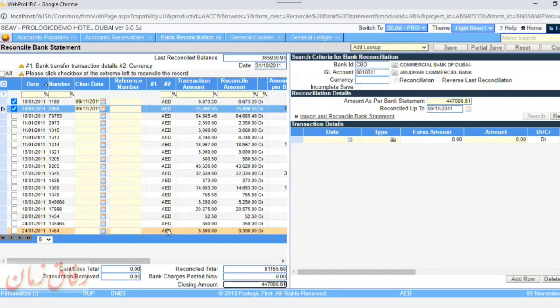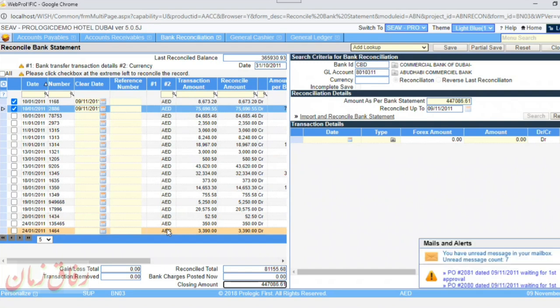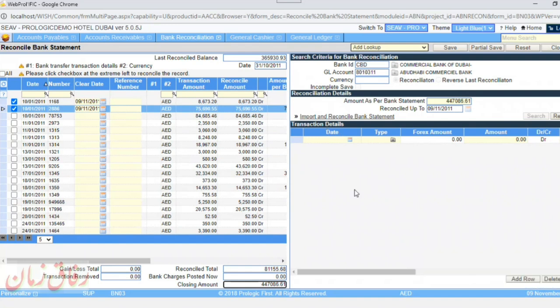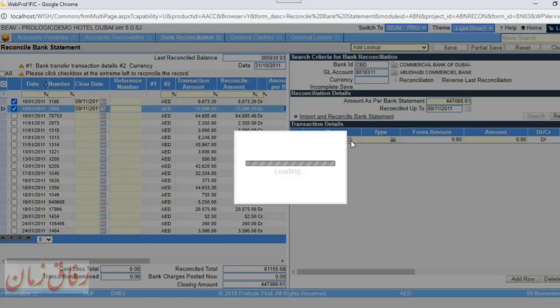So bank charges, there are two ways. Either you post a JV, debit to the bank charges, credit to the bank. Or suppose you don't want to do that. You wanted to post here. You still have an option. This is an extra posting option normally for bank charges, where you can say that, okay, today for which type,